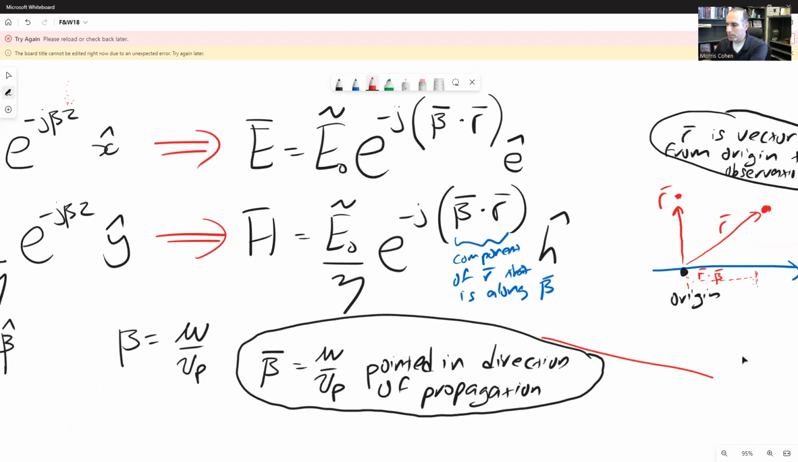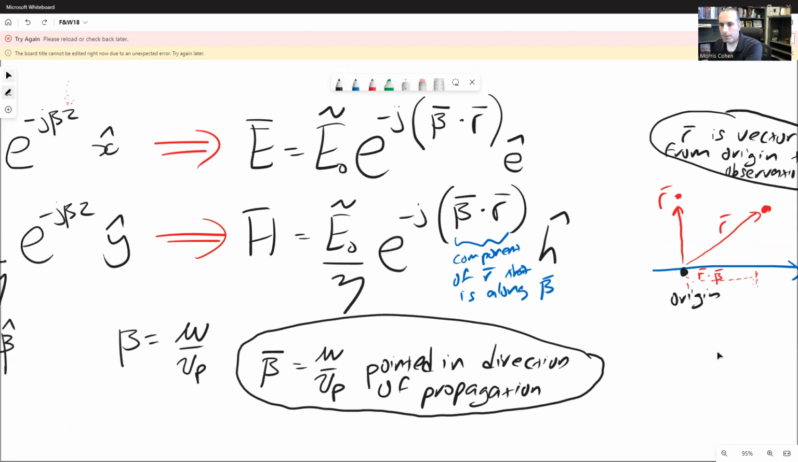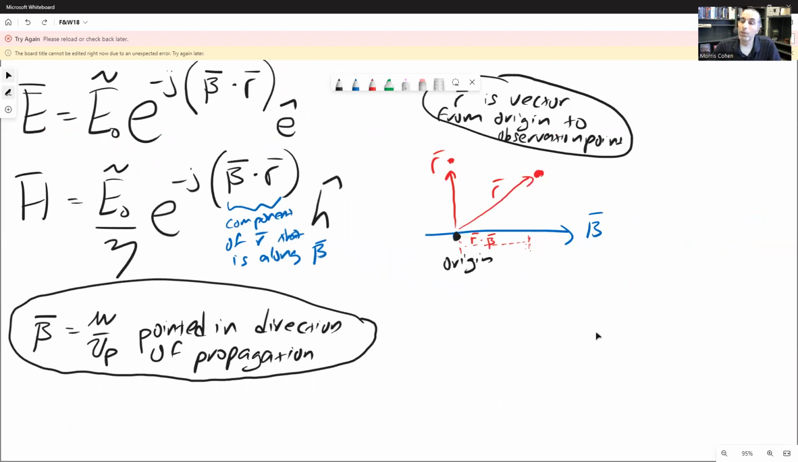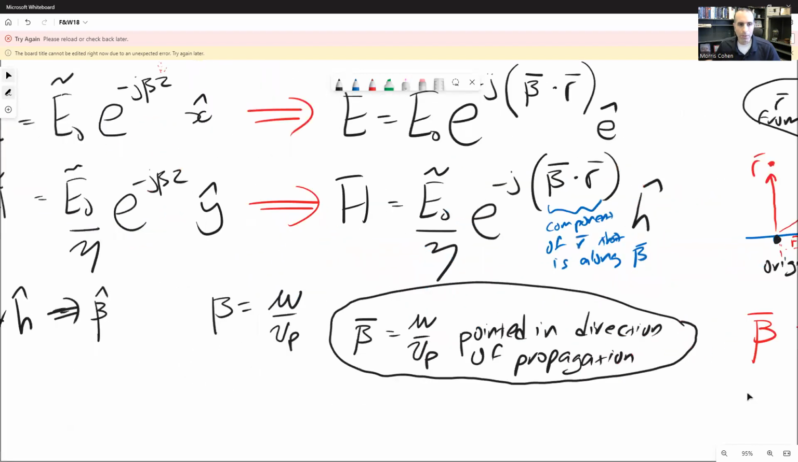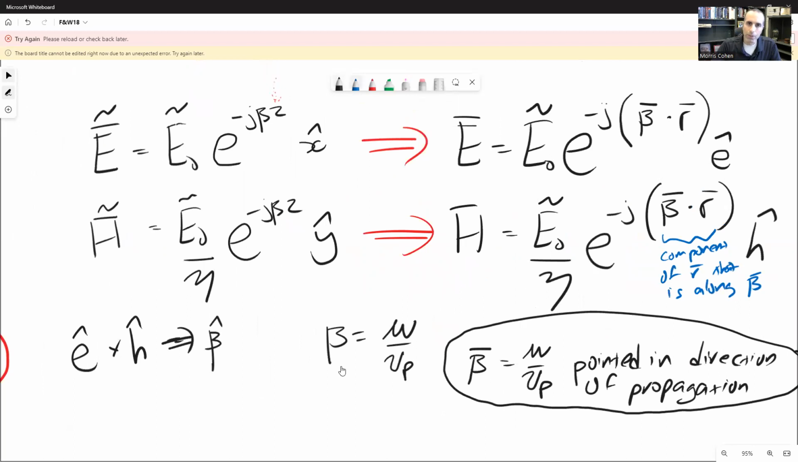Now this quantity beta is very important because it simultaneously tells us the wave number, the radians per meter that the phase changes as we walk along in the direction of propagation, but it also tells us the direction. As a note, in some fields, you'll notice beta being replaced with k. That's effectively the same thing, and we'll see in the next lecture how we can generalize beta, but for now, we're just going to take beta as being